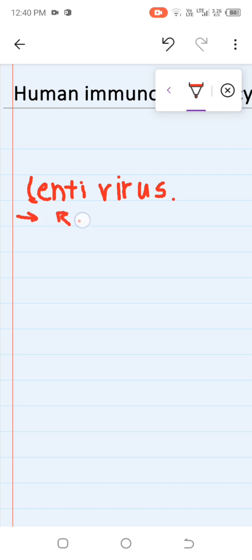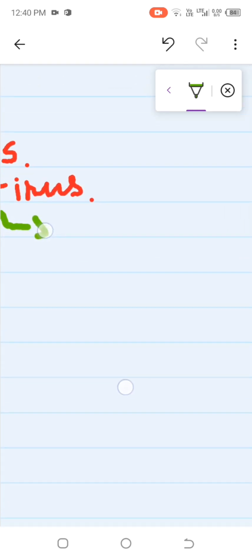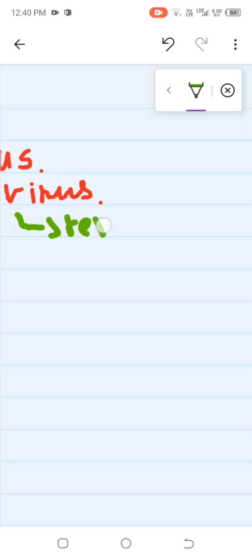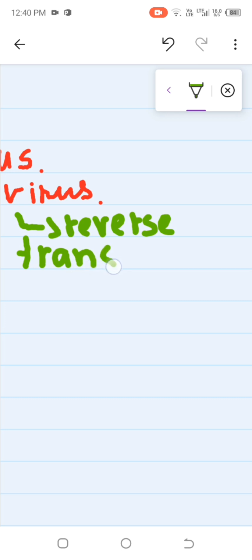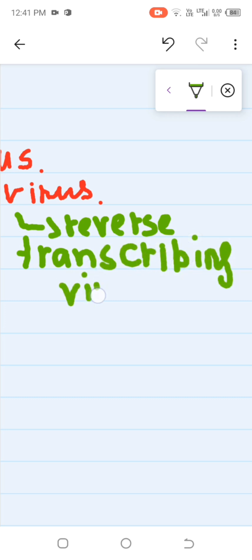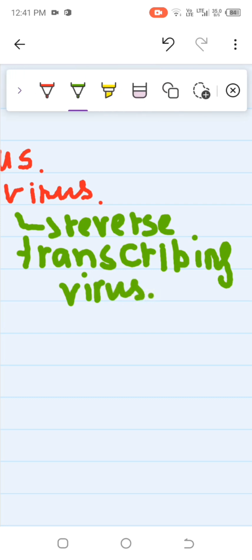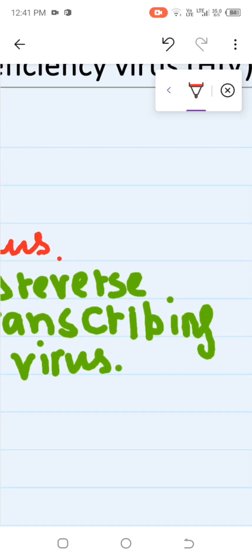retroviruses. Now you might be thinking, what are retroviruses? Retroviruses are basically reverse transcribing viruses. This means, for suppose, we have transcription, that is DNA to